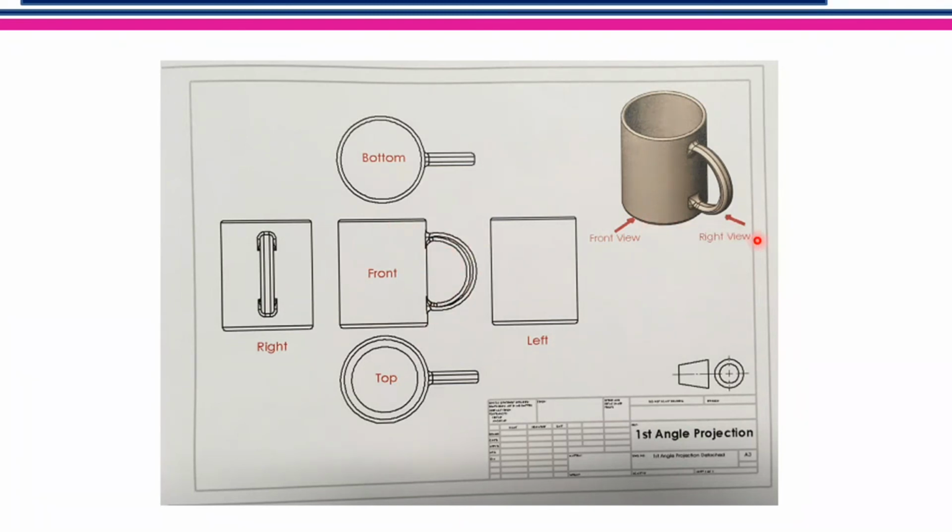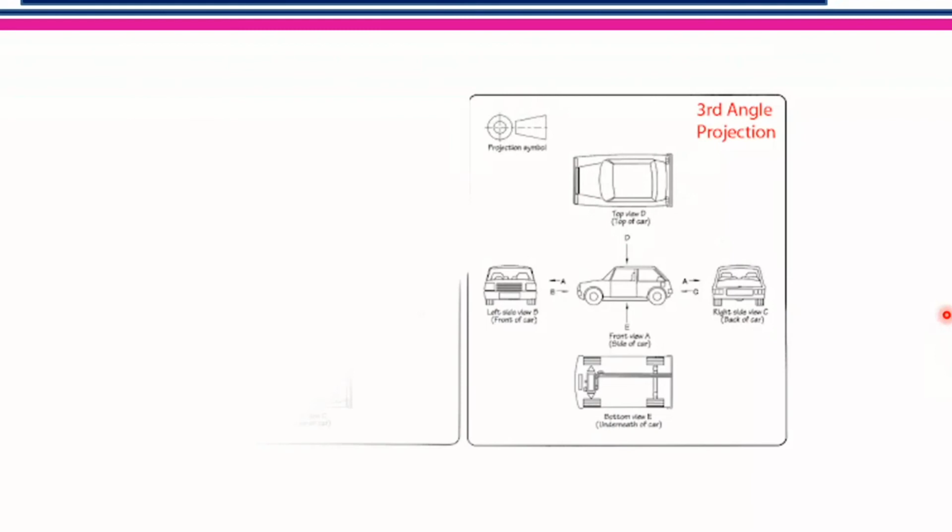If you are viewing it from the right side, so if the person is standing here, this one becomes the right side. So right view, you have the handle, which is visible here. Again, you can see the symbol here, right side concentric circles. This is first angle projection. Okay, so one more example.